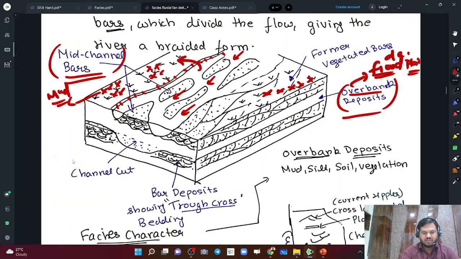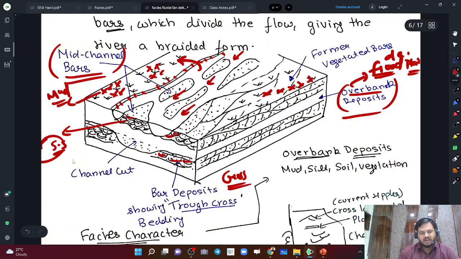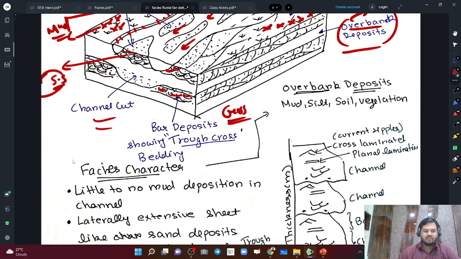So here I want to show you this. What are these diagrams? In this diagram we are trying to show sedimentary structures, right? So these are trough cross beds, these are cross beds only, trough cross beds. What are trough cross beds? We have read now,